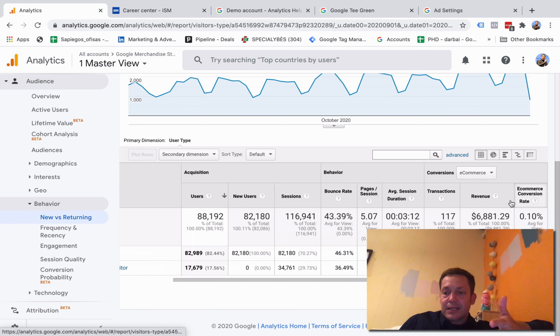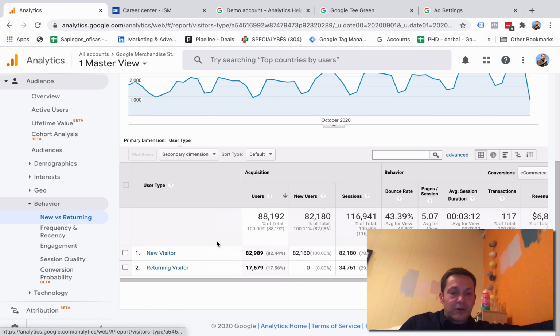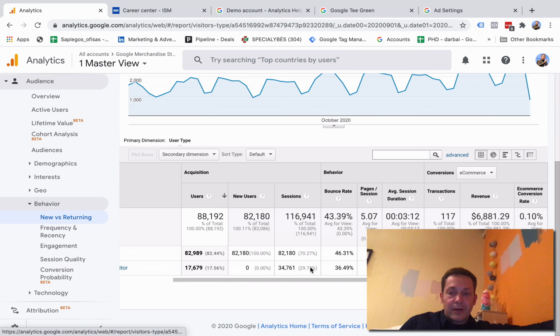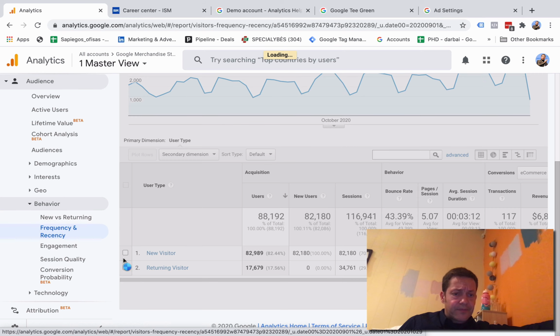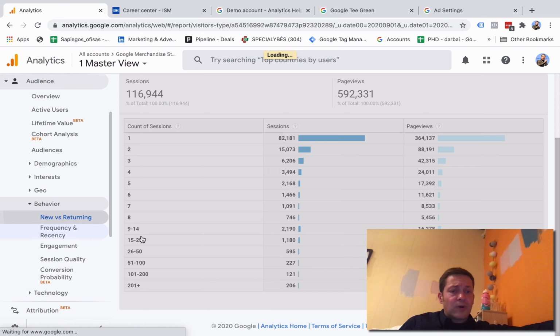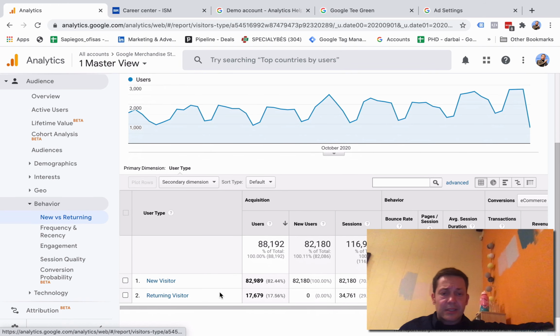I mean, it's a good one. It's around the average, but returning visitors are converting better. So that's good to know. It means that maybe remarketing works if Google is doing any remarketing campaigns. But you do understand why returning visitors convert better. The key factor here is that people don't really make a decision. They do make a decision sometimes spontaneously, but in most of the cases, it takes them a couple of touch points to finalize